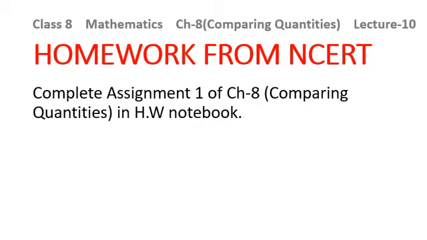Then we switched over to simple interest. It is the interest calculated on the original money or principal at the given rate of interest for any given time. And this will be given by the formula P into R into T. Then we have learned about the compound interest concept and the formula to find the amount. And then finally, compound interest is the difference between the final amount and the original principal. Then we switched over to the concept of half yearly and quarterly, and then in the end we have learnt about the application of compound interest.